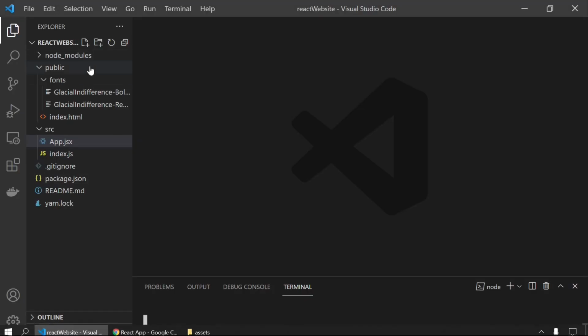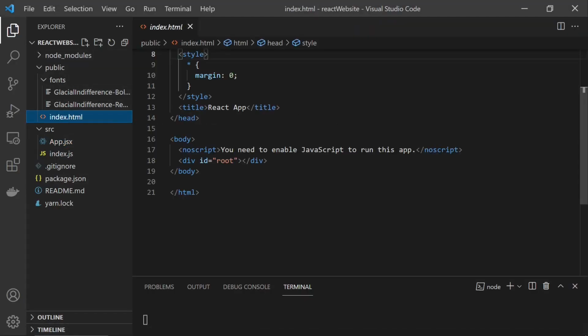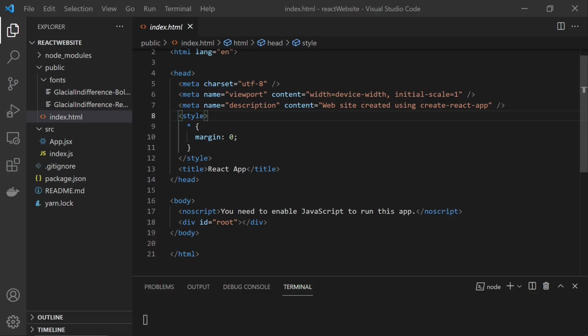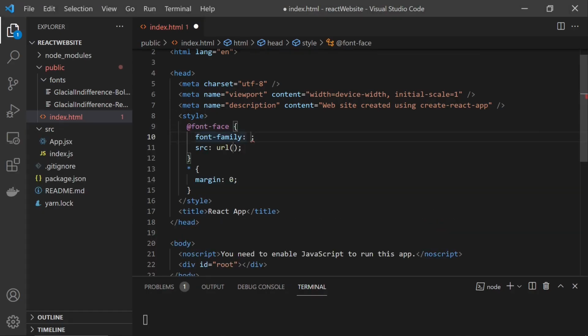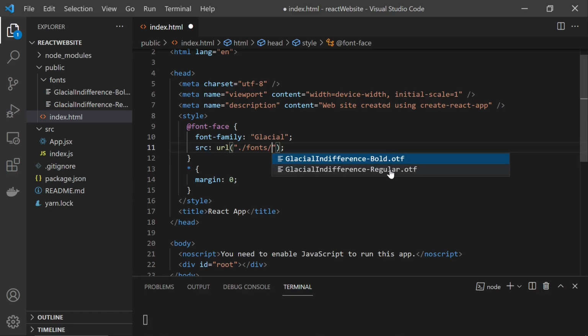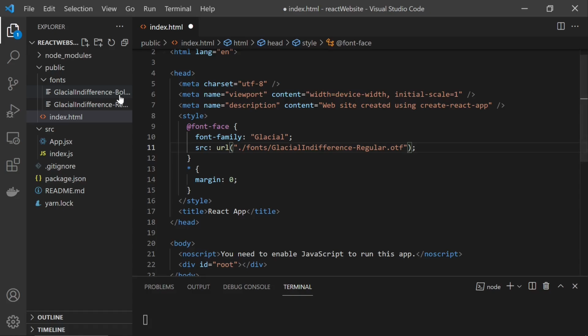Let's come here and open up our index.html, and here inside style, I'm gonna say font-face, and as you can see, you can provide your font family name here. I'm gonna use the same name. And for the URL, I'm gonna indicate my font URL, which is fonts and this regular one. Okay, but there is one more, which is bold here. I'm gonna use it also, so I will copy and paste it,